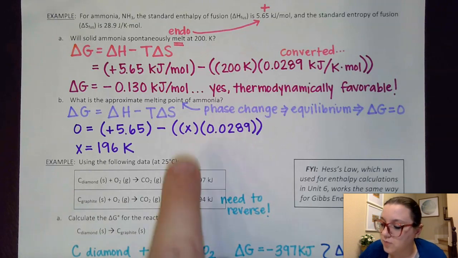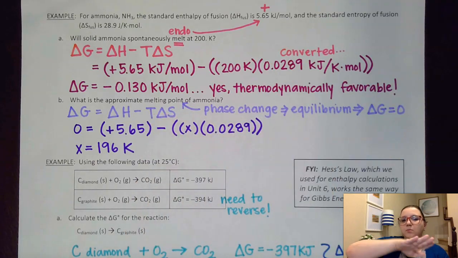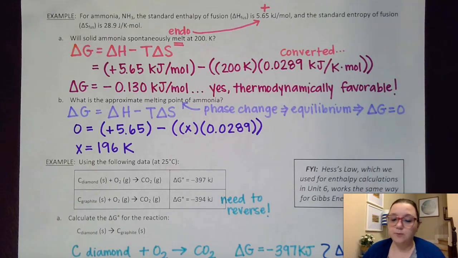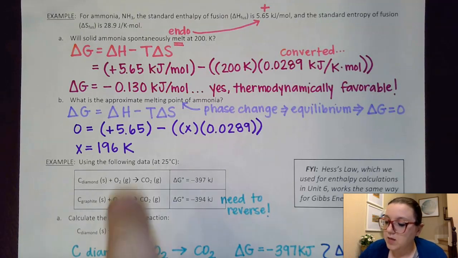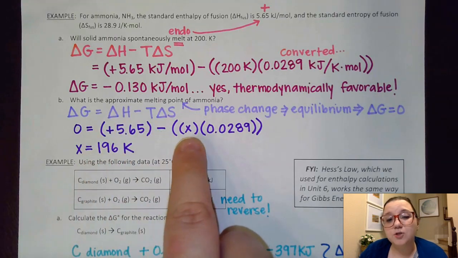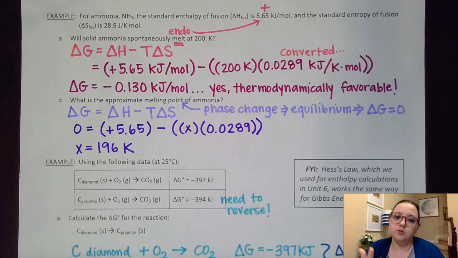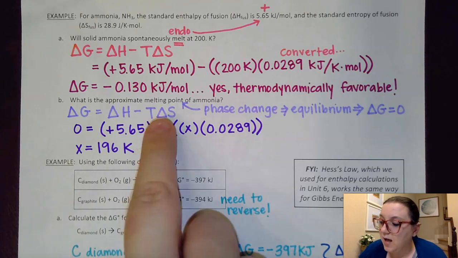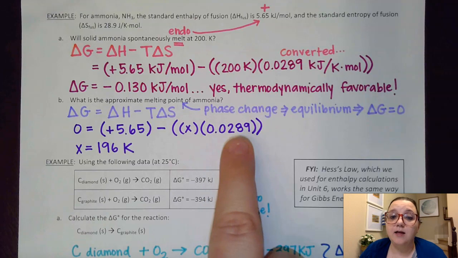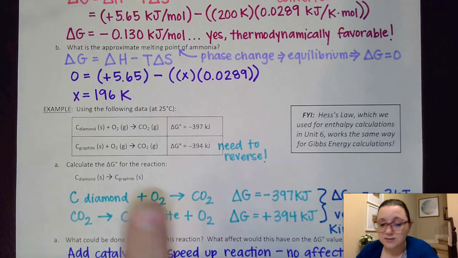So I'm looking for the point where that phase change occurs, meaning I'm looking where that equilibrium occurs between liquid and solid. And so I'm looking for where that delta G equals 0. So once I make that determination, then I just plug in my data from up above. So again, my delta H is a positive 5.65 minus my temperature, which is my unknown here. Now, you could leave it as T. I went ahead and plugged in X. I know for some of y'all, you like solving algebra better when you see X. And then I plugged in my delta S value, again, that converted value just like I used right up here. And when I did that, I got that X equals a